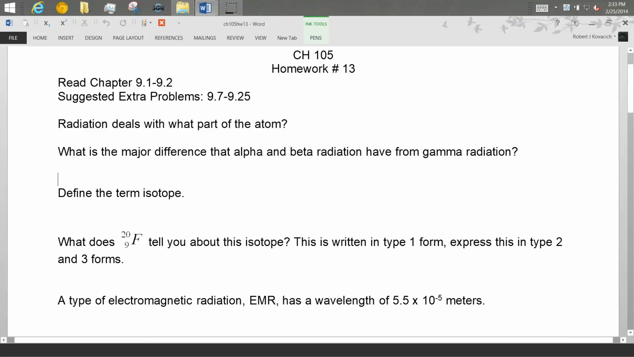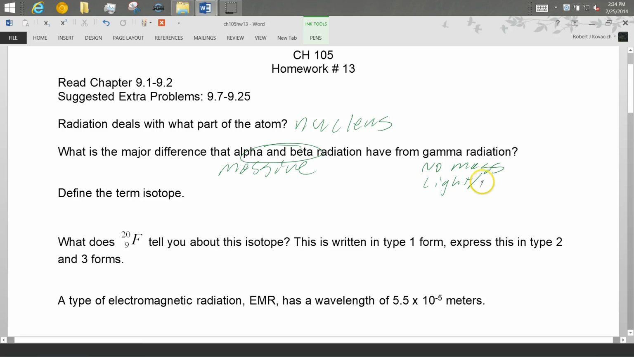All right. Which part of the atom is radiation? Just the nucleus. Okay. What is the major difference between alpha and beta versus gamma? Gamma shoots out energy, waves. The others are particles. They're massive, which means they have mass. And gamma has no mass. So mass and no mass. Okay, I got it. This is light